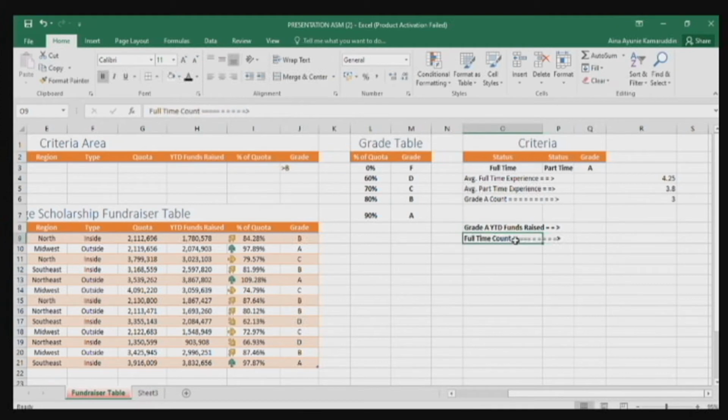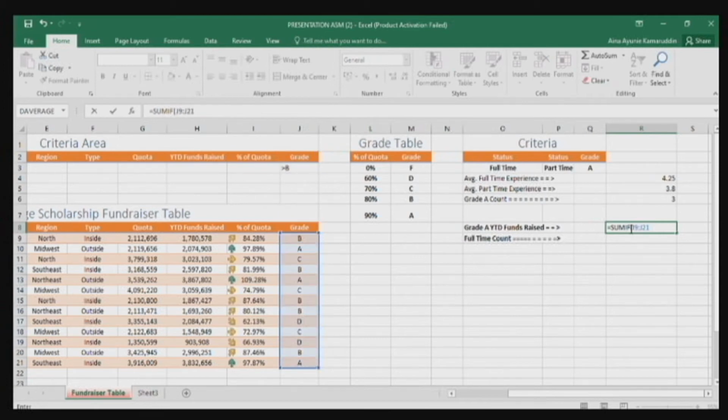Then enter full-time count in cell O9. For step 3, select R8 and then type the SUMIF function, which is equal to SUMIF, the range containing the numbers to add, which is J9 until J21,